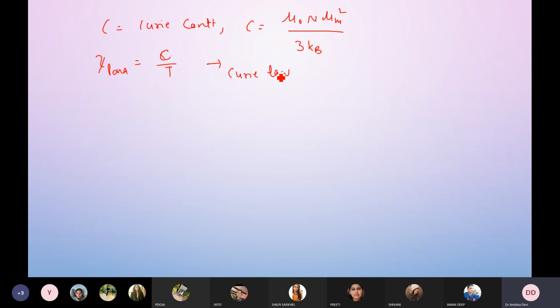Many times this question has been asked in examination: state and prove Curie law for paramagnetic materials. So you have to do this treatment. Okay. So Curie law applies in the limit